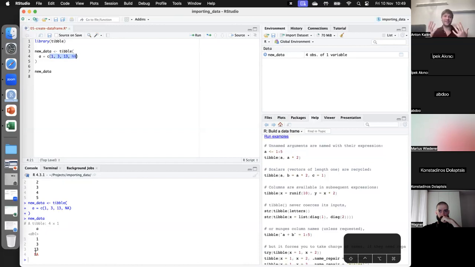Now, probably we want to create several variables, right? So again, a comma to separate that we want a new argument. Now we want the new column. Again, here we have 4 rows, so we need 4 values here. So let's say that now we want this to work with text. This might be the names of the athletes. So we have John, Eric,